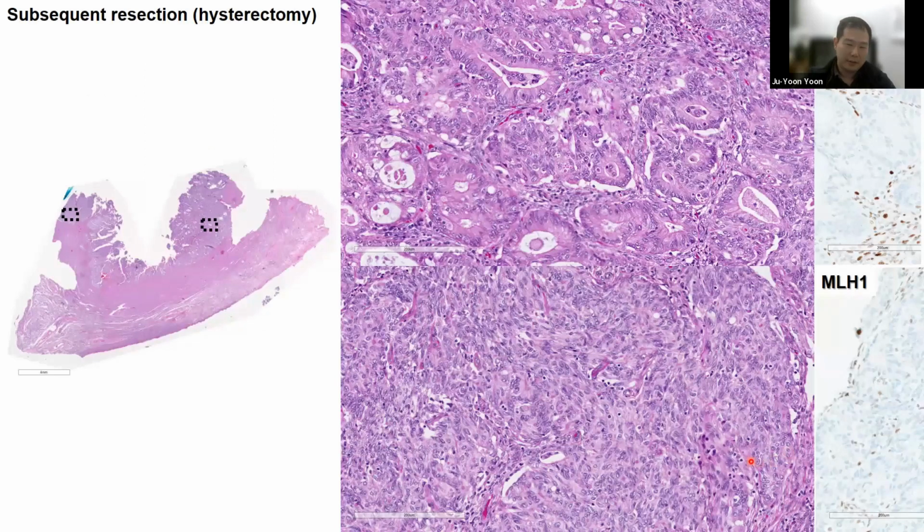Okay, so this patient underwent subsequent resection, hysterectomy, and you can see some of the regions here. In case you can see that, I'm just going to close it. In an area which is clearly endometrioid, but interestingly had an area where it has a little bit more spindle morphology to it, the further staining workup showed that this is also actually still carcinoma, but just has an unusual morphology.